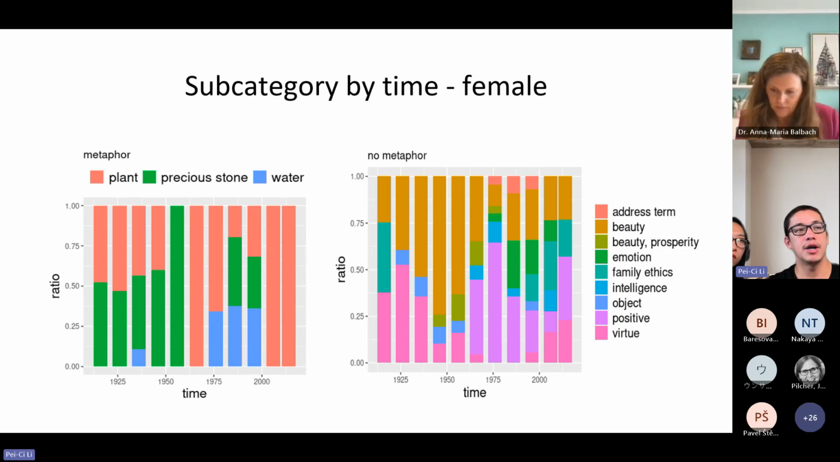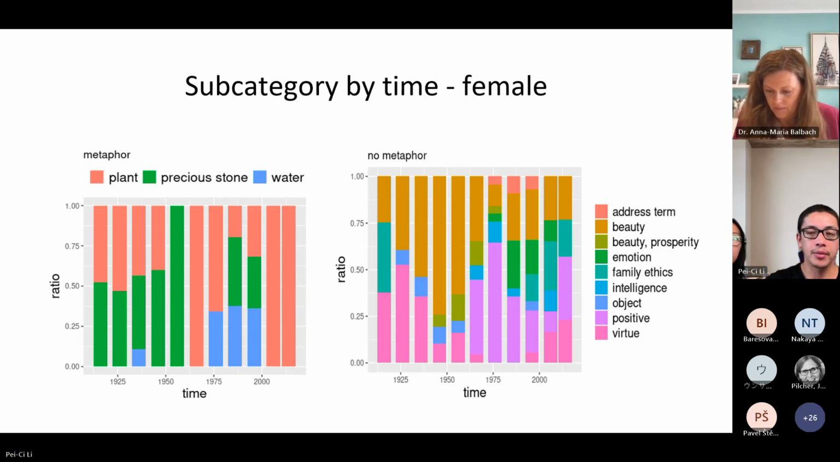And after 75, we see that there are two categories that grow bigger. The first one is the purple, which is positiveness, and the second one is light green, which is family ethics. So we do see that across years or across decades it's getting bigger and bigger, which shows, in our interpretation, a change of trends of the society, and that is also reflected in naming